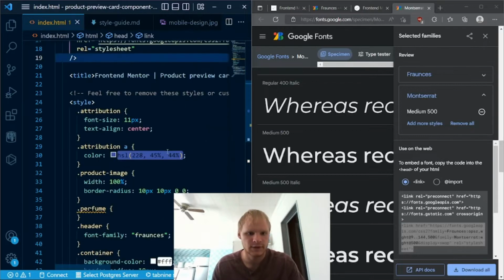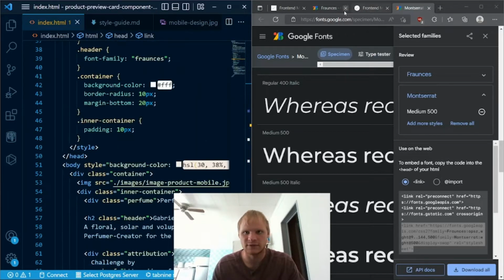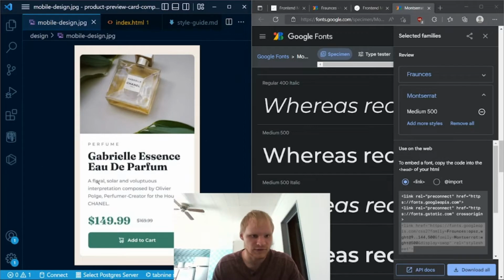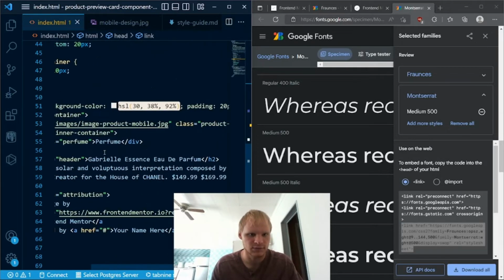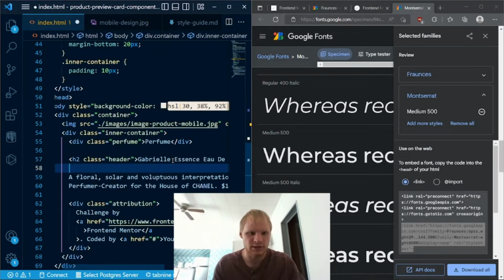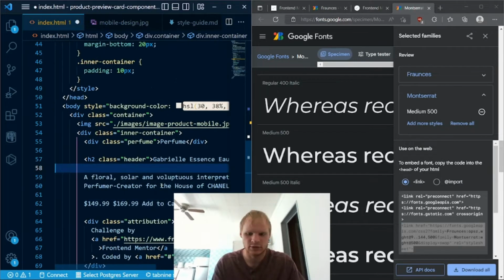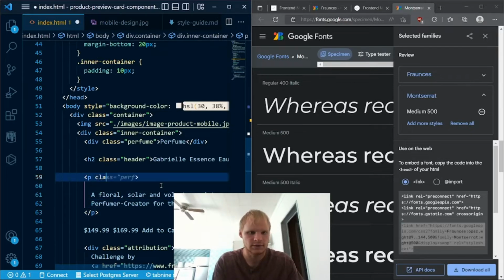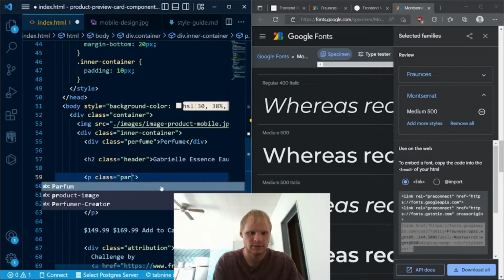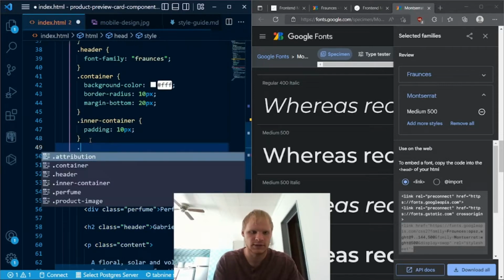Yes. Beautiful. So Francis, and then we need Montserrat for the main body of it, or the main chunk, which is this part down to House of Chanel. All right, House of Chanel, this part, H2, Oliver page, and right here. So this should be its own paragraph. P tag, throw this inside of there, and we'll give it a class of para or content, maybe. Sure, we'll do content. And here we'll go dot content,